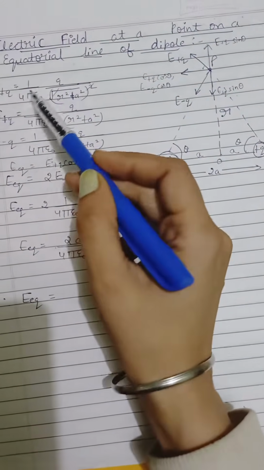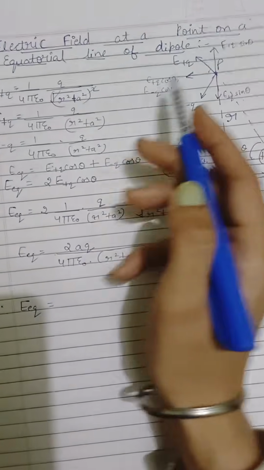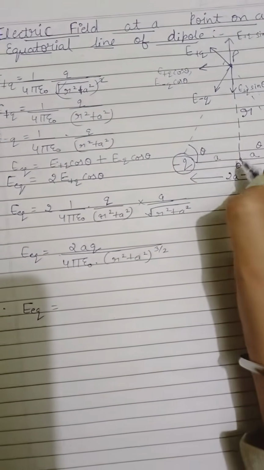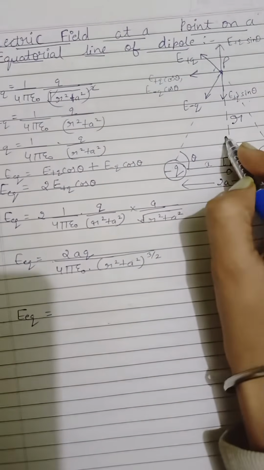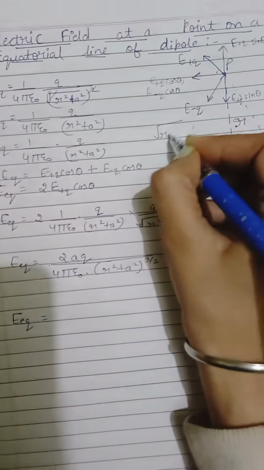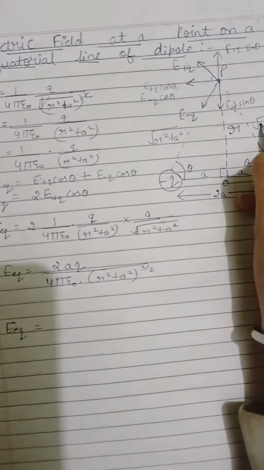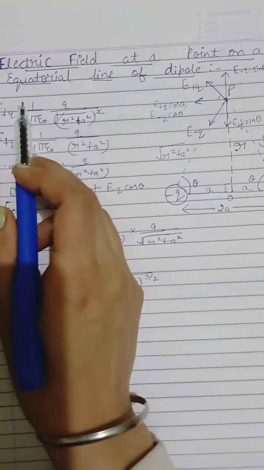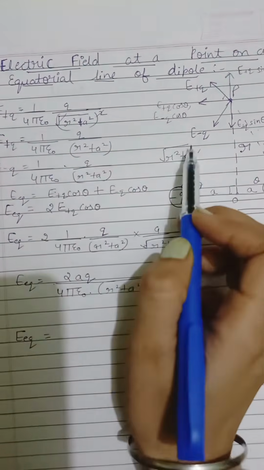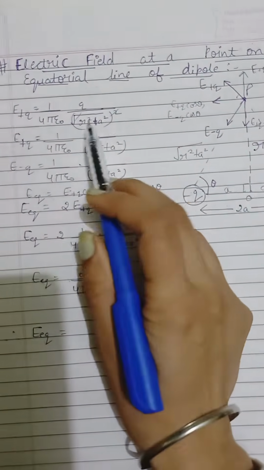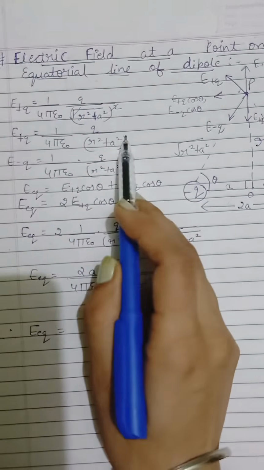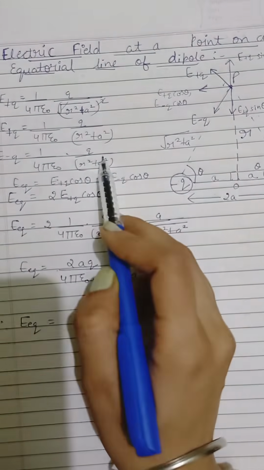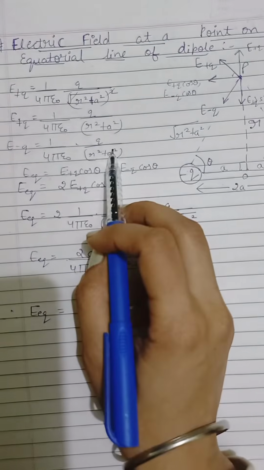Field की value क्या होती है? 1/4 pi epsilon naught q upon distance का square. So this distance we will take as a right angle triangle, with base r and this as the perpendicular a. So the hypotenuse will be square root of r square plus a square. Now the electric field due to the plus q charge will be 1/4 pi epsilon naught q upon this distance का square. Square root will cancel out with the square and we get this. Similarly, the electric field due to the minus q charge will be the same because we are taking magnitude.